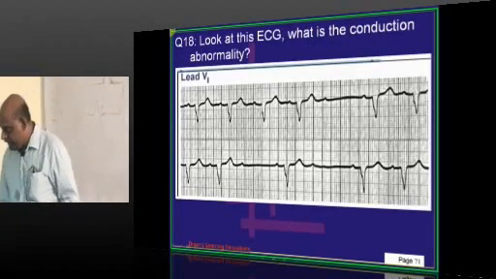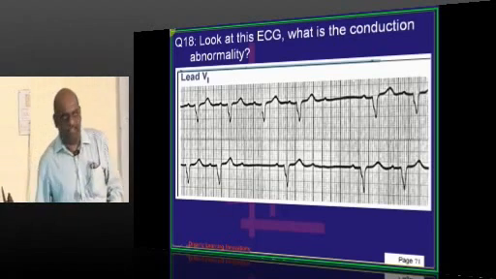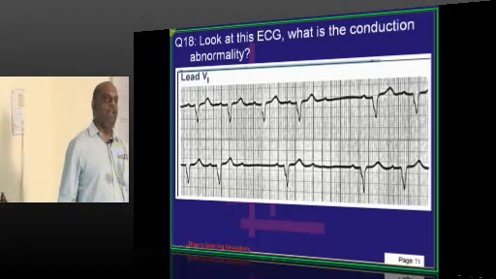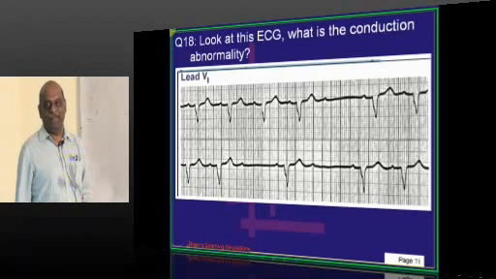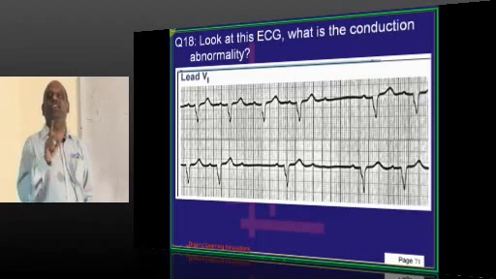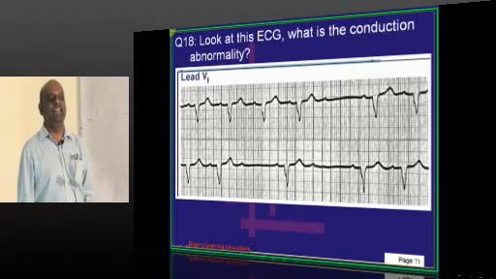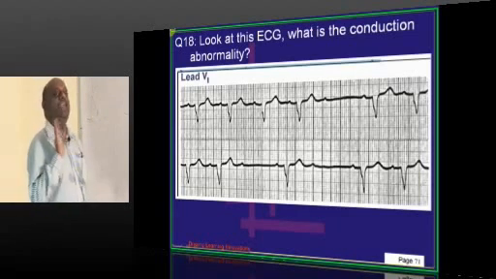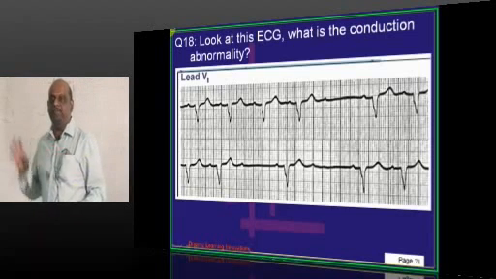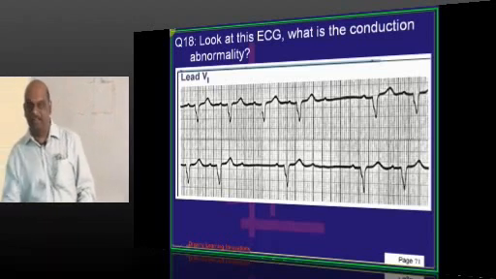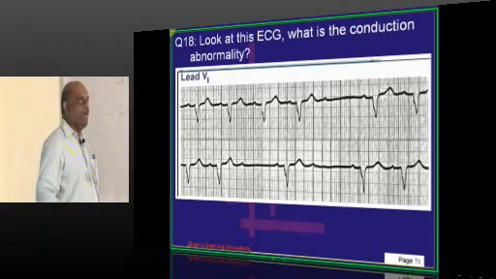Very good, very good. The next question Annu is asking: sir, we don't even know the difference between VT and VF, but we do know it. VT, SVT, what is the difference? Now let's talk business. VT and SVT, how to differentiate is a frequently asked question. You go to AIIMS, PGI, any exam, they will ask. There are 3-4 differences. Okay, I'll come to that.